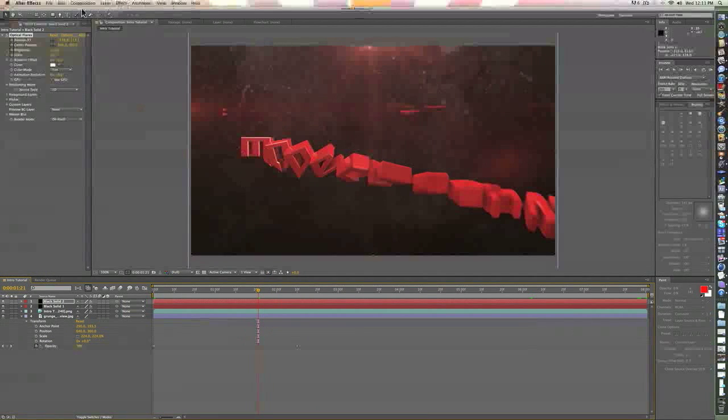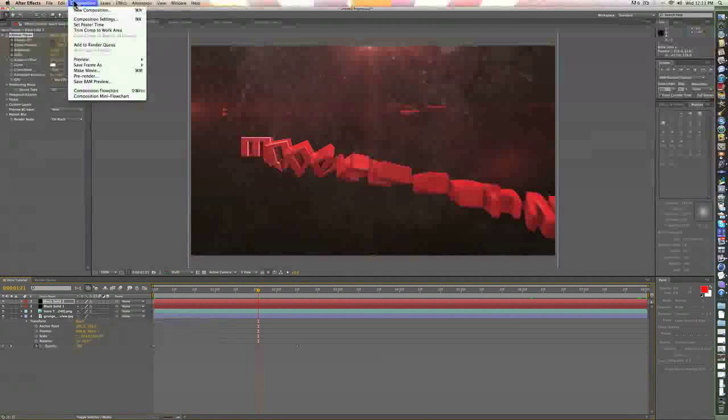So I think that's gonna be the end of our tutorial. I showed you how to make some nice text with good lighting and materials in Cinema 4D and have it come in with a random effector or a step effector rather. Showed you some nice texturing, some nice lens flares, some nice keyframing,